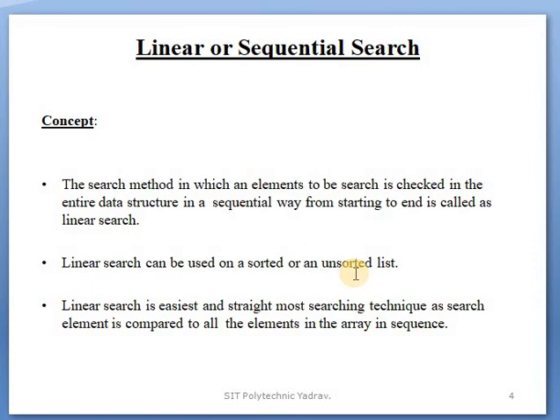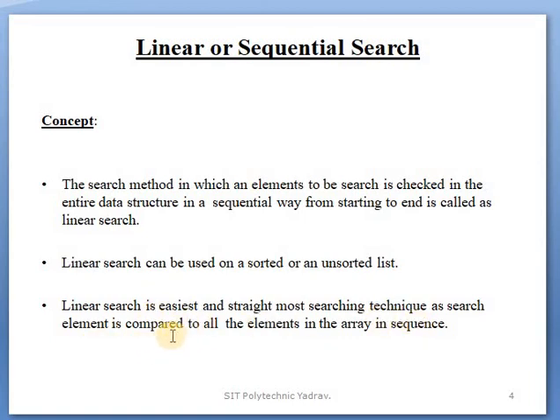Next point: linear search is the easiest and most straightforward searching technique, as the search element is compared to all the elements in the array in sequence. Why?